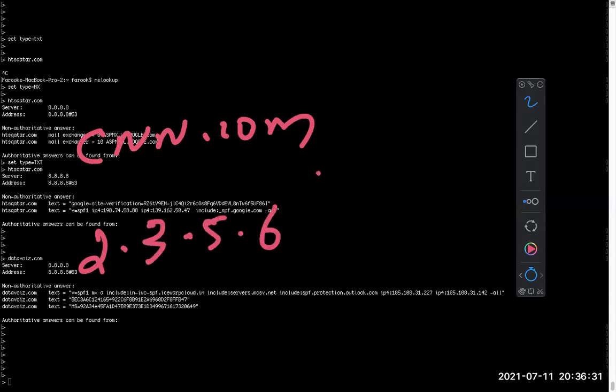If a name is mapped against an IP, it is called a forward record. I mean, normally it's called an A record, but it's forward. And if an IP is mapped against a name, it is called reverse DNS.